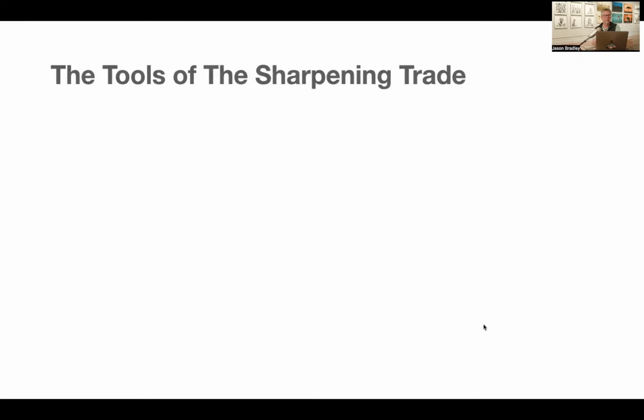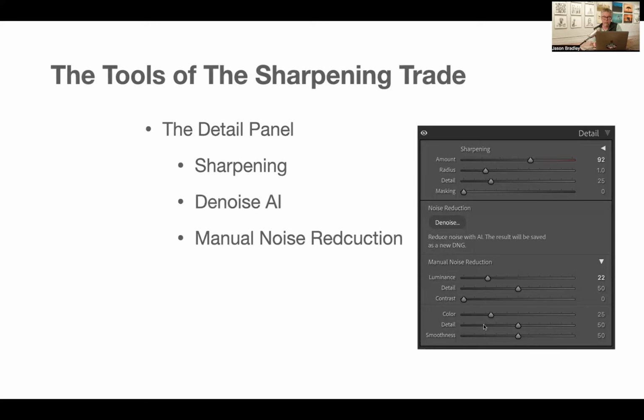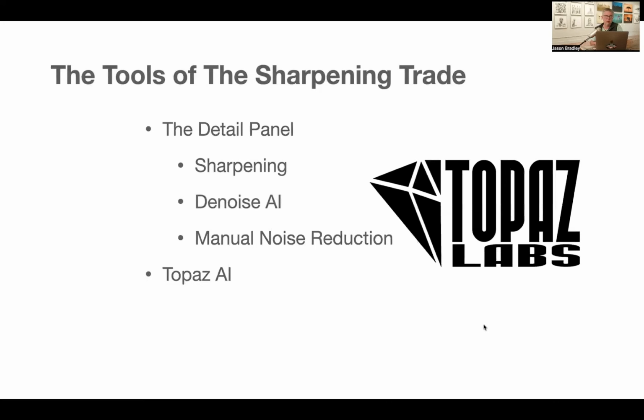And I'm going to start by talking about the tools of the sharpening trade. What tools do we use as Lightroom users, and specifically Lightroom Classic? Well, of course, there's the detail panel. And in the detail panel, there's three sub-panels. There's three subsections to it. The detail panel contains, of course, the sharpening panel, Denoise AI, manual noise reduction,